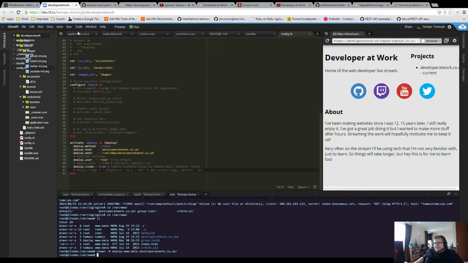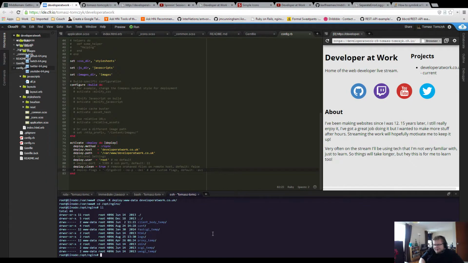No. One other thing we could check is make sure this conf file includes all these sites enabled. Should.